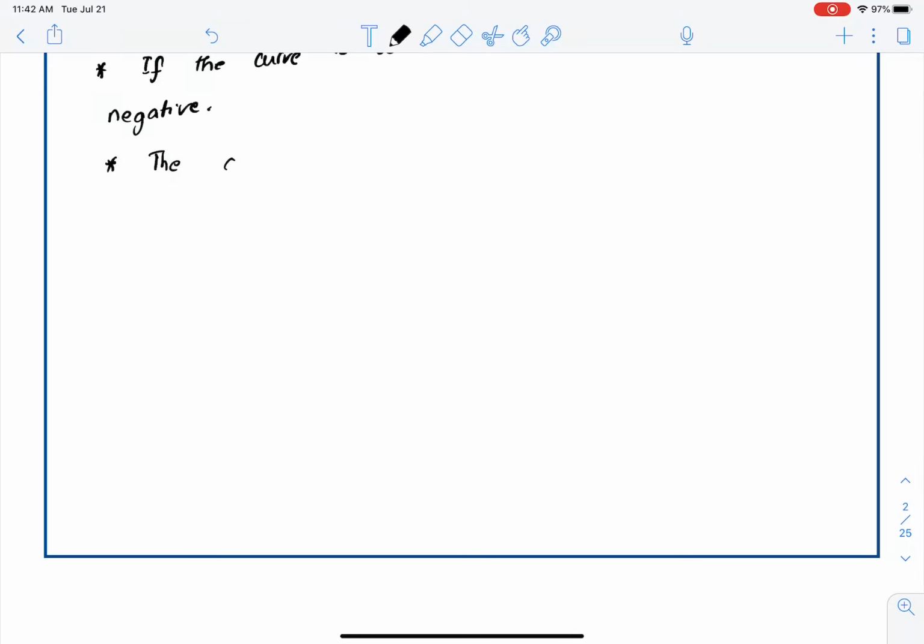The definite integral gives the total or net area under the curve. Now I'll illustrate this